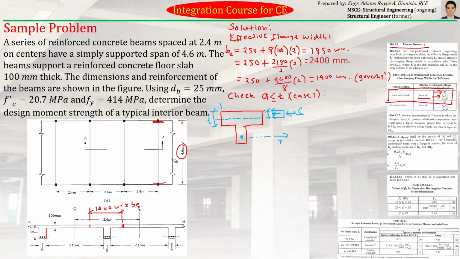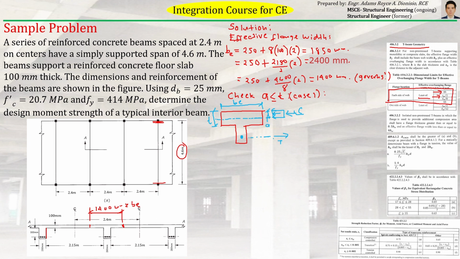Effective flange width natin will be yung BE. BE yung magiging effective flange width natin. So, this is our BE. Ito yung A. Okay? So, from that assumption that yung depth of compression block is less than or equal to the thickness, we can just utilize yung equation of equilibrium from the singly reinforced beam, wherein yung C is equal